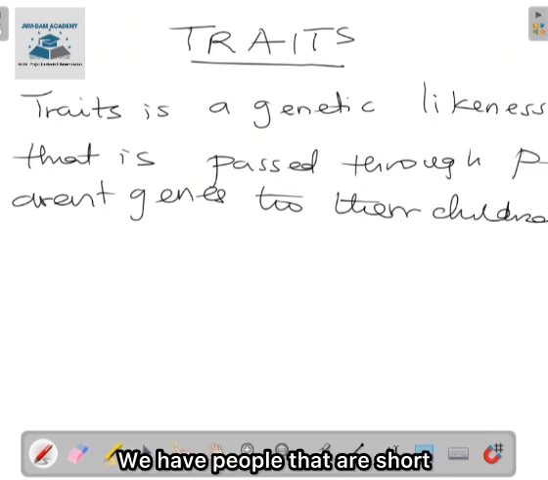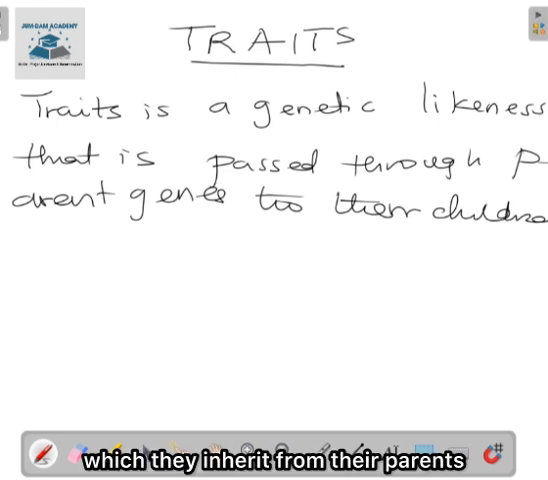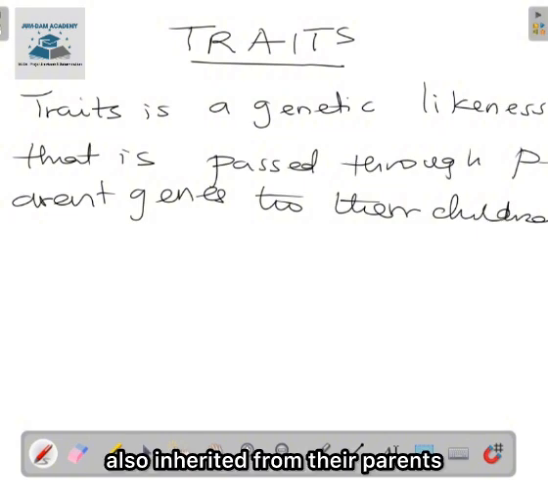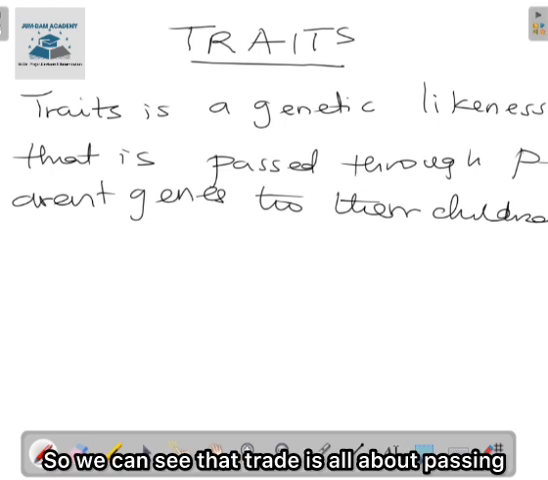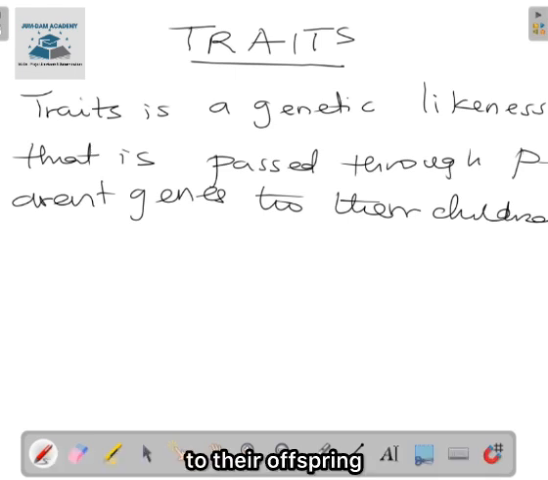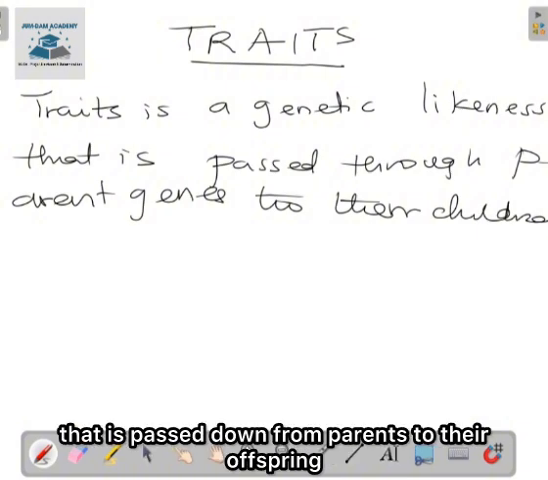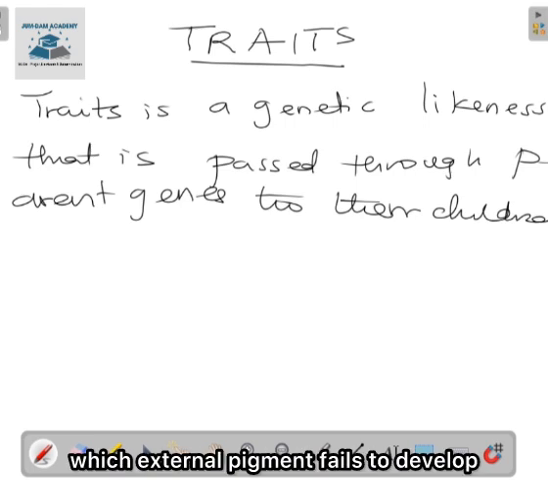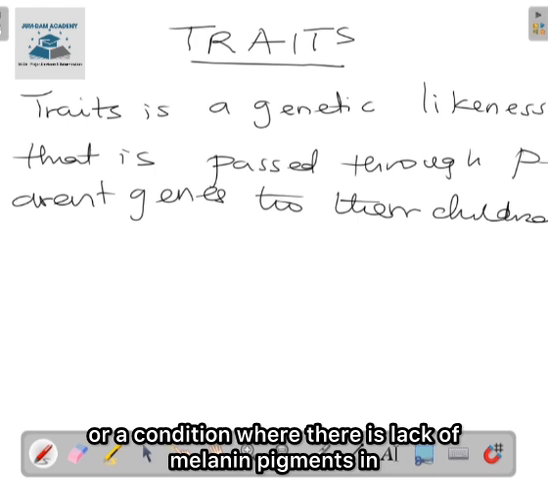We have people that are short, which they inherit from their parents. We have children that are short, also inherited from their parents. So we can see that trait is all about passing down physical characteristics from parents to their offspring. We also have albinism. Albinism is another trait that is passed down from parents to their offspring. What is albinism? It's a condition in which external pigment fails to develop, or the condition where there is lack